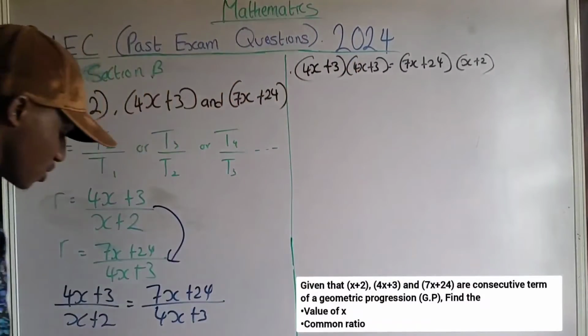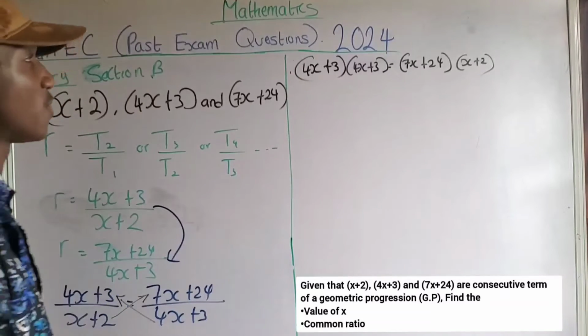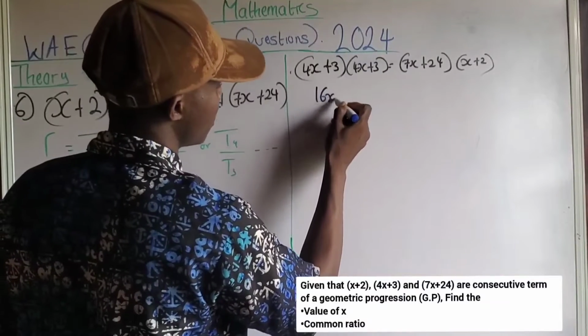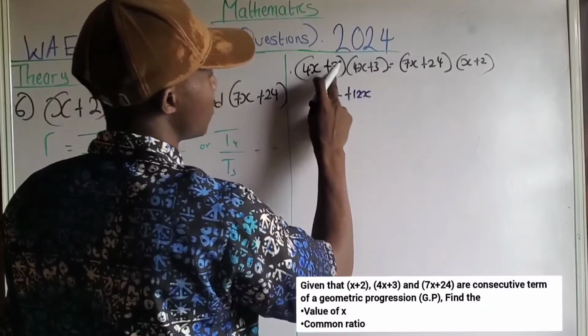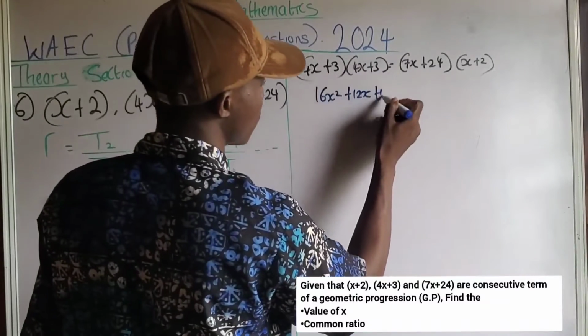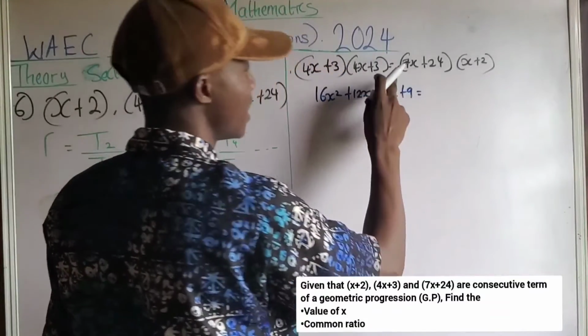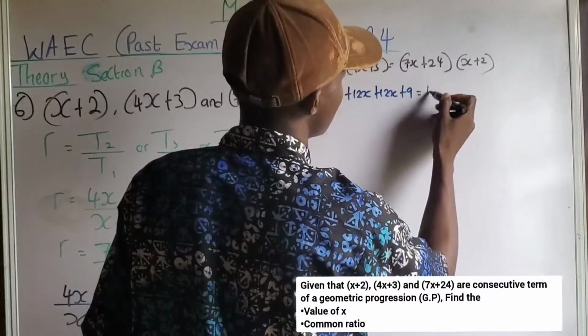I just take the cross product, that is this x plus 2 multiplied by this, and 4x plus 3 multiplied by 4x plus 3. Okay, let's go. 4x multiplied by 4x, that is what? 16x squared. Okay, 4x times 3, that is plus 12x, plus 3 times 4x, that is plus 12x, plus 3 times plus 3, that is plus 9, equals to